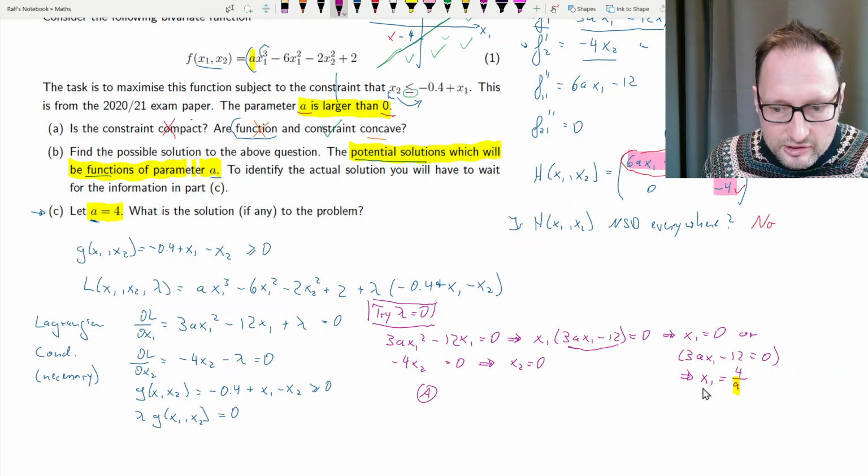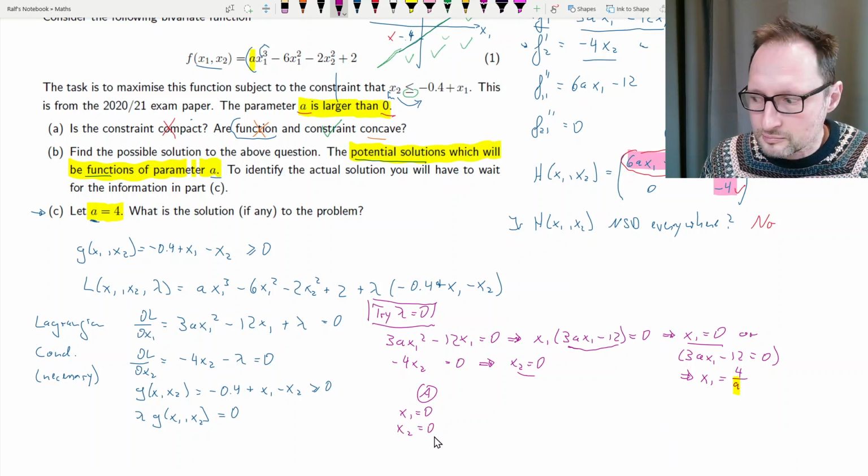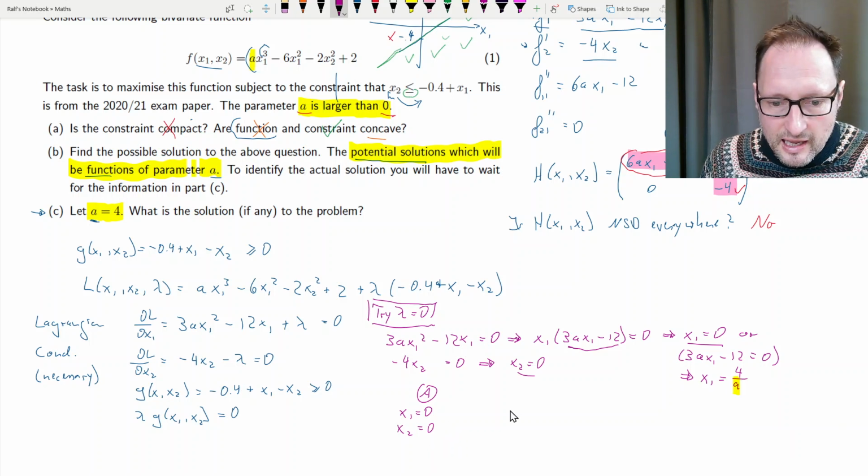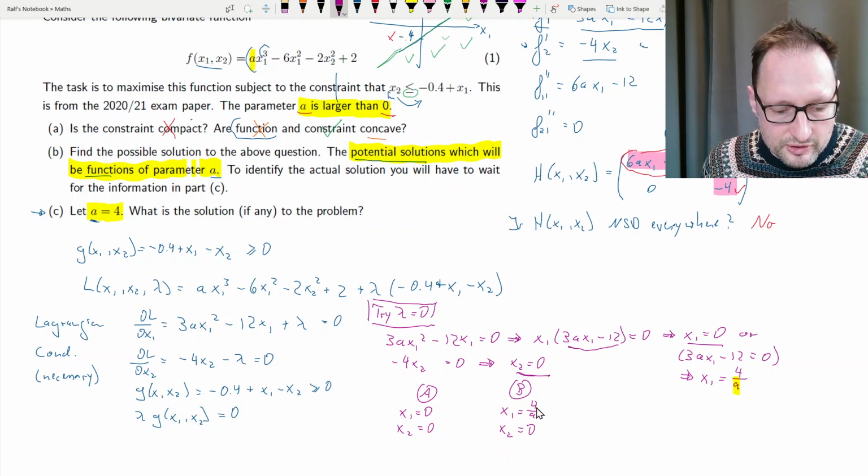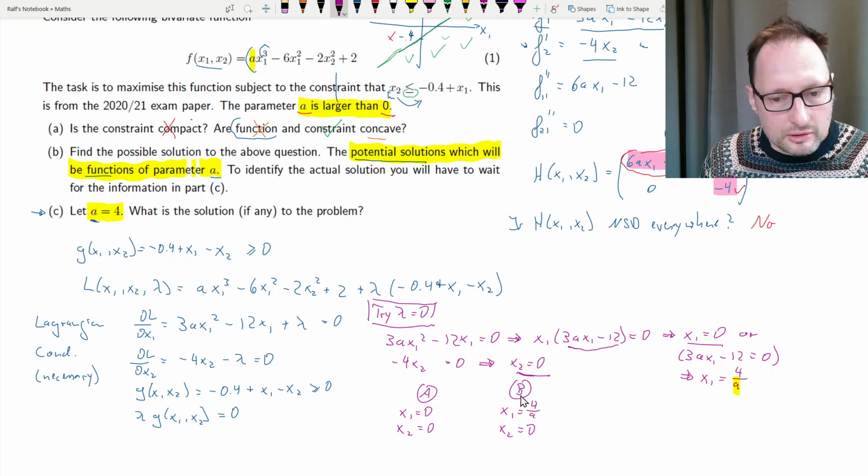where x1 is equal to 0, we got that from here, and x2 is equal to 0. So let's say x1 is equal to 0 and x2 is equal to 0. That's one point. And we have point B, where x1 is equal to 4 over a, and x2 is still 0, because x2 has to be 0 for these 2 equations to be true. So we have 2 points. Now one question is,